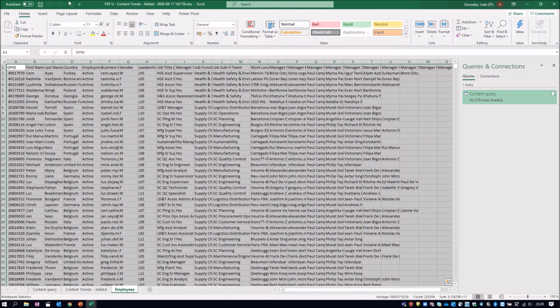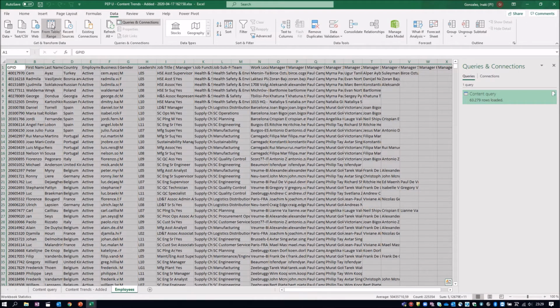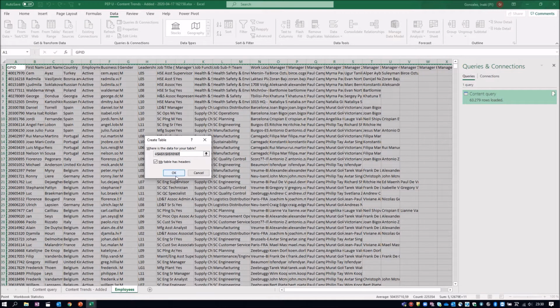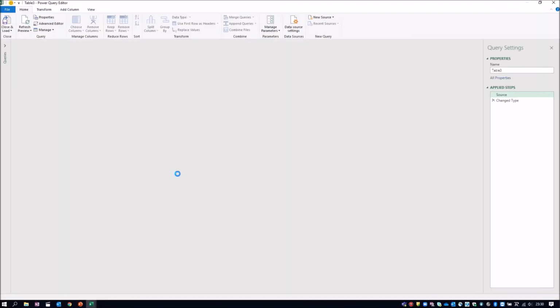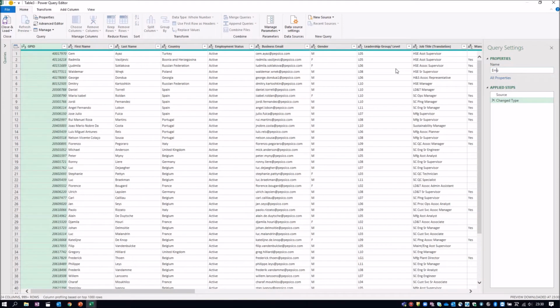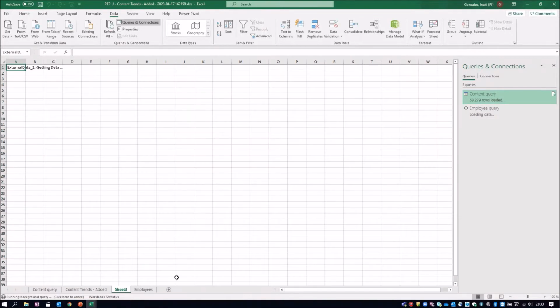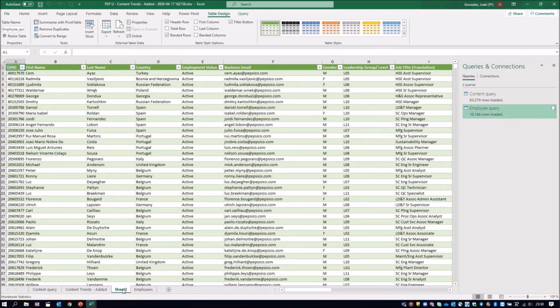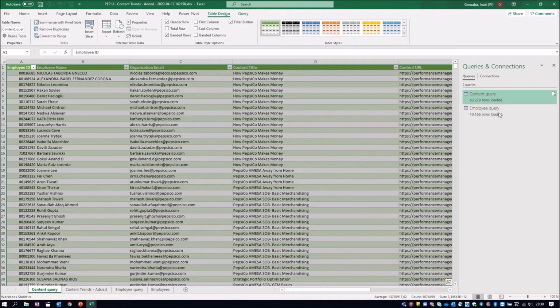Very good, and we will repeat the same process with the employees tab. So we click on employees, we go to data, then we click again in from table range to generate a query for the employees. Again, Excel identifies my table automatically. Click on OK. That's the second query. Employee query. And I'll save it by clicking here on close. It's going to generate again an additional tab with the employee query. Let me rename it as employee query.